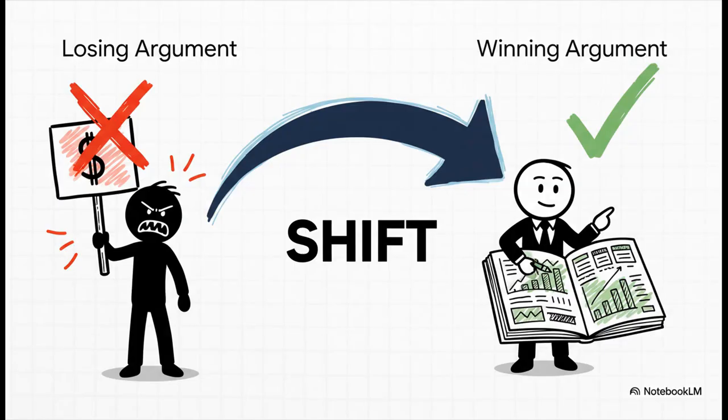So this is the whole thing in a nutshell. It's all about the nuance. According to this analysis, the losing argument is that big, broad protest, wages aren't income. The potentially winning argument, the one based on the law, is a factual, accounting-based claim. Hey, income requires a gain, and my books and records right here show that this was an equal exchange. There was no gain. You see the difference? It's a shift from protesting to proving.